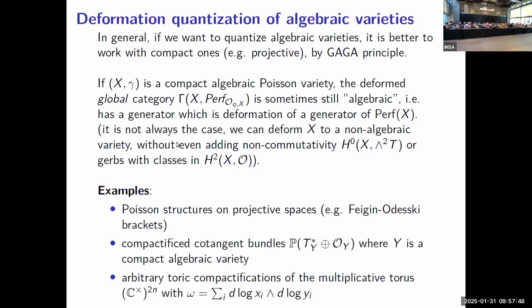Then there is a multiplicative case. You consider a torus, an even dimensional torus, say, though actually we're not necessarily restricted to that. I write symplectic one by analogy with these examples, but you can actually take a torus of arbitrary dimension and a Poisson structure which is constant in logarithmic coordinates. In the symplectic case it could be, for example, this standard coordinate torus. You take any toric compactification, not necessarily the projective one. It will be automatically a Poisson variety, and it will again be fine objects for